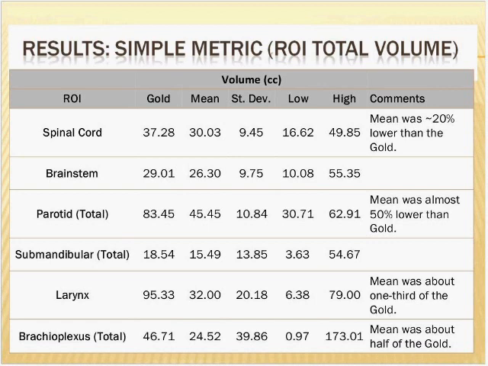Spinal cord was least variable. This is showing only the total volume, so it has nothing to do with whether it was in the right place or not. It's whether they contoured the same volume. I'll point out some things here. The least variable was the spinal cord, the volume of the gold versus the mean. You can see here already we have a little bit of a concern where the gold was on average about 20% larger, and like I said, it's never a good thing to contour too little of a critical structure. Brainstem, we see it was closer in mean, but we did